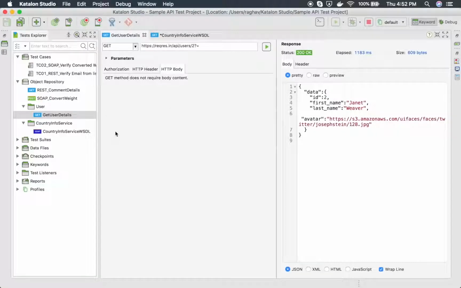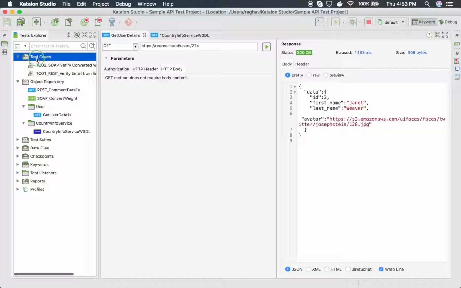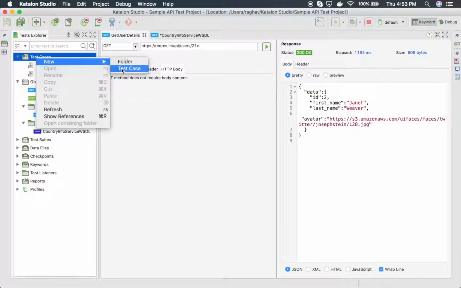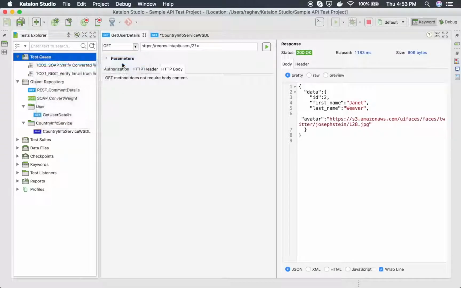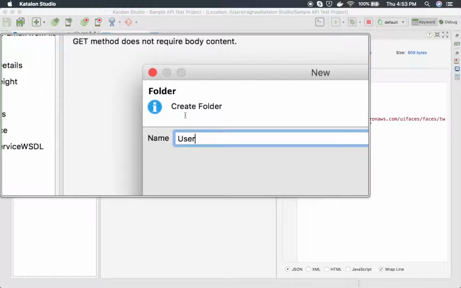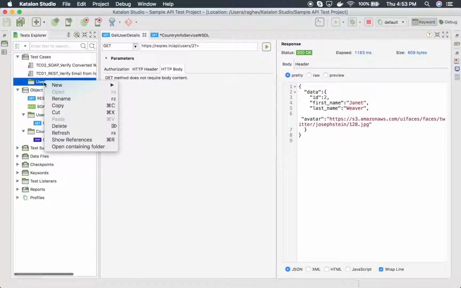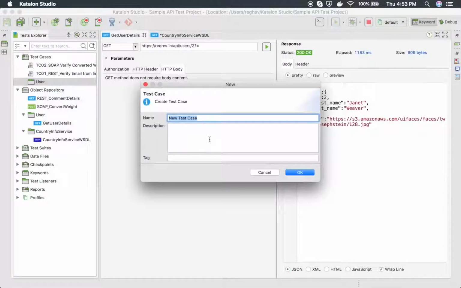So this is working fine, and the next step is we have to now create a test case. So until we create a test case and add some verifications, we cannot actually test or validate this API. So I will go to the test cases, do a right click, and I can create a new test case, but as a best practice I will first create a folder and give some meaningful name to the folder. I am saying this is user test cases, so I can just give the name as user, say OK, and inside the user folder I will create a new test case, and here I will give some name, validate